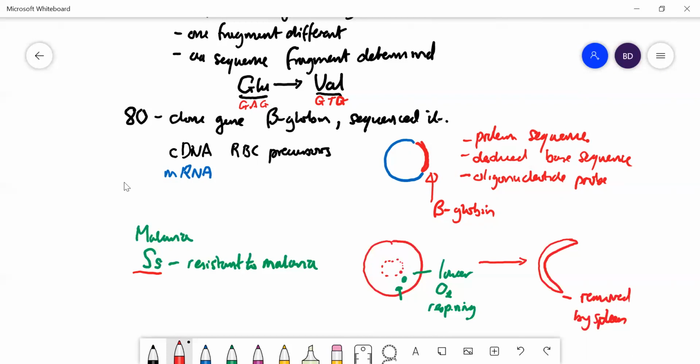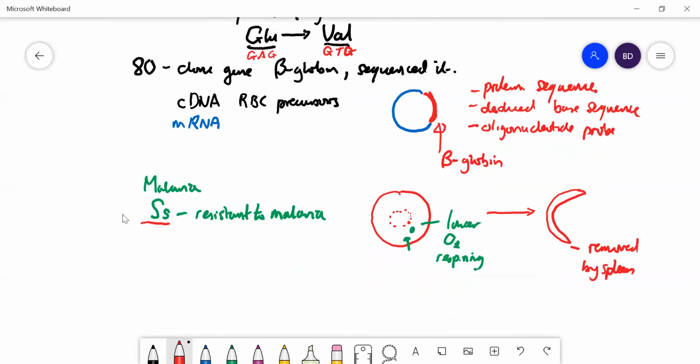Just before we finish, I'll just say that amino acids are coded by nucleotides which come in groups of three. So we had our G, A, G. It's called a point mutation when you swap one base for another. If you have something like an insertion, so if we put an extra base in there, so we inserted another one,